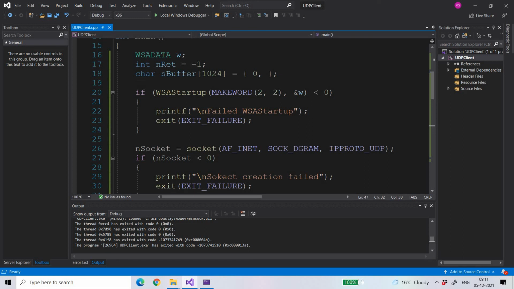I think we should create one chat server where a number of people are talking to each other, so that we can see a proper demonstration of UDP with a case study. In the next video, I will come up with a small chat server where two people can chat together through a server.